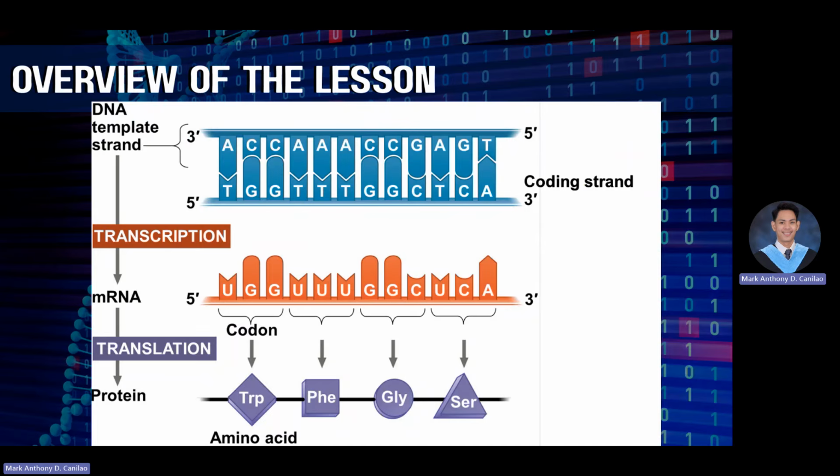For an overview, this is the process of the central dogma. The template strand is used to create an mRNA in a process called transcription. This happens inside the nucleus. When the mRNA is done and has undergone modification, it will exit the nucleus through the nuclear pore and be deposited in the cytoplasm, wherein translation happens. The mRNA carries the message, and the message will now be read by the ribosome, which will create a long chain of polypeptide by fusing different amino acids, and in the long run, it will fold and become a protein. Okay?